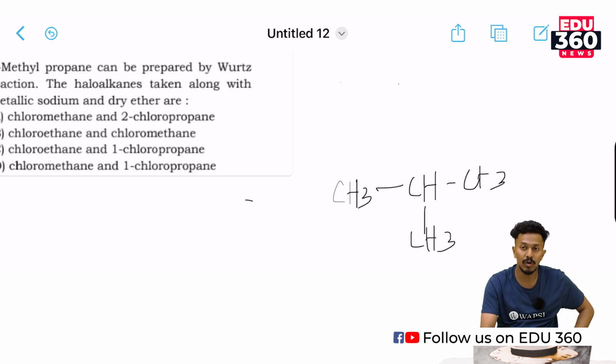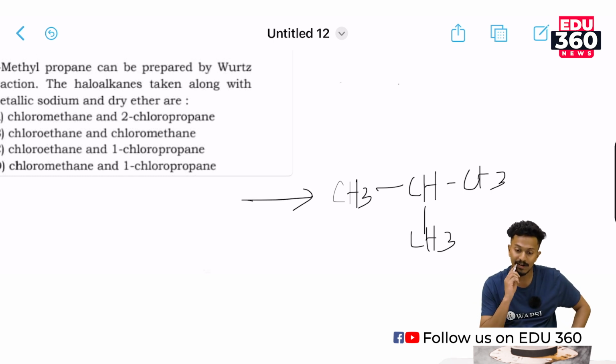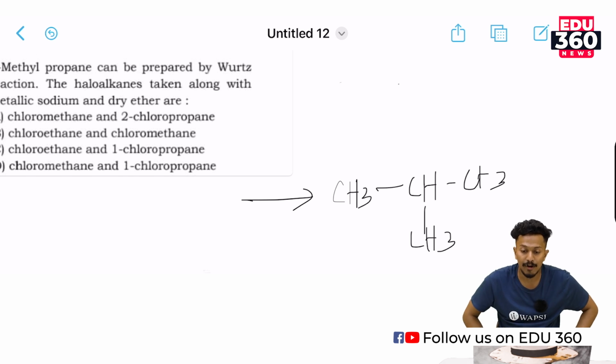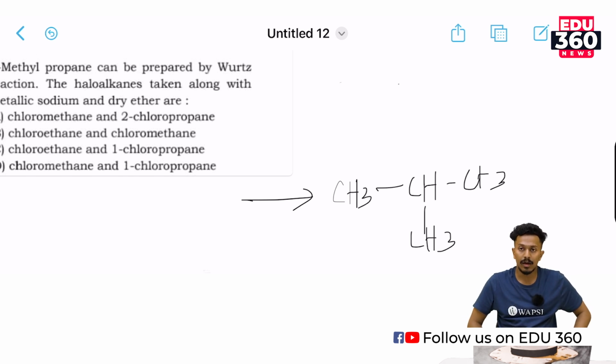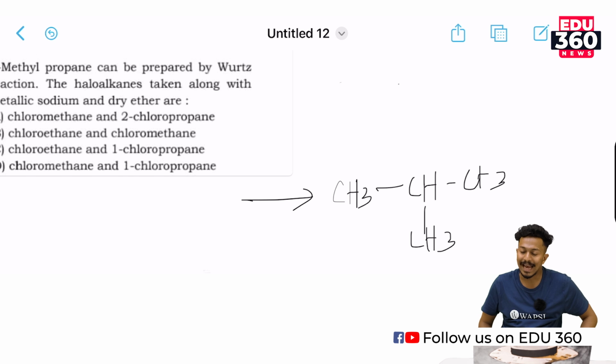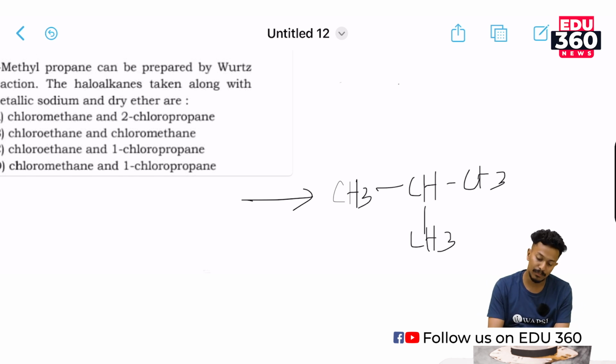We have to prepare this through the Wurtz reaction method. What is the Wurtz reaction method? When alkyl chloride is treated with sodium along with dry ether, we get alkanes. That is the Wurtz reaction. So we have to determine what to use to prepare this. Okay, we could prepare this by treating methyl chloride